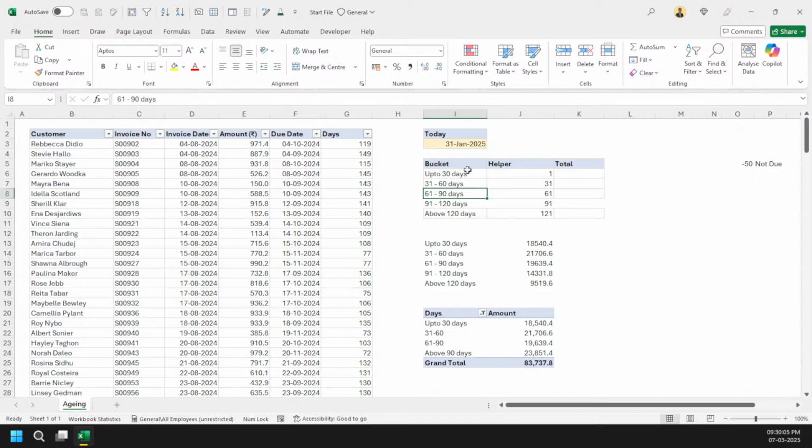But what if after 91 days, 60 days, I simply want something like 61 to 120 days, right? 121. Here it will be 61, and here it will be 121. And let me remove this much area. We don't need it, right?